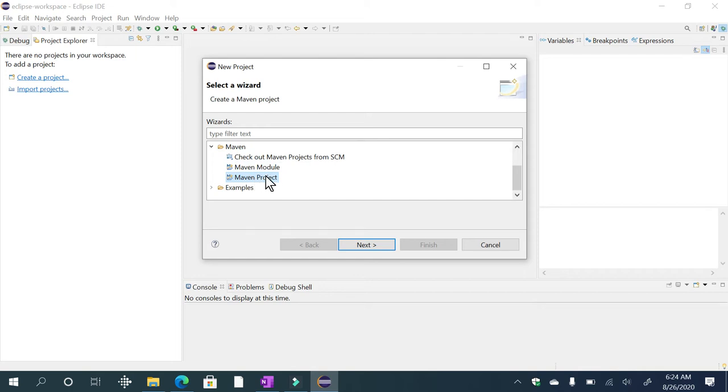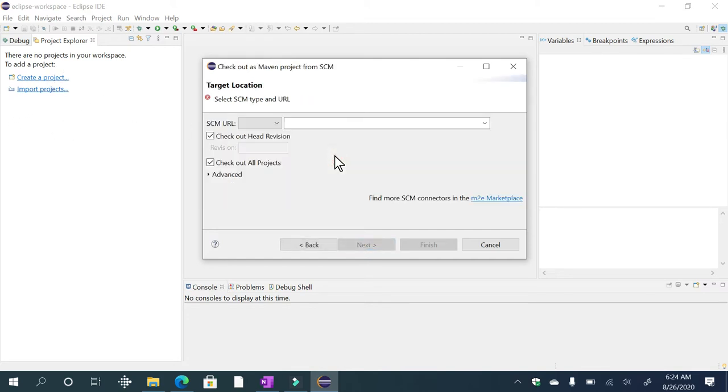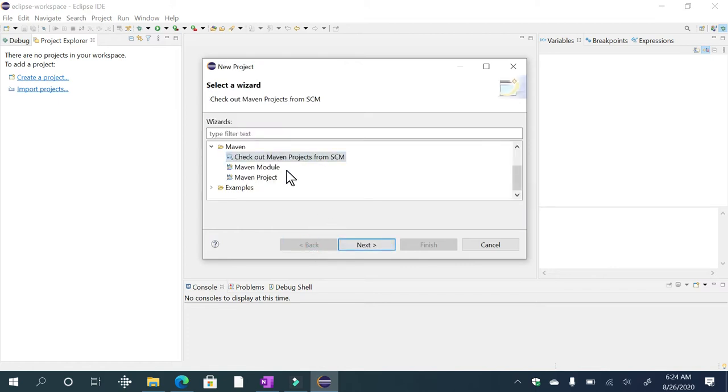this Maven project. And look at guys, if you see the first option, check out the Maven project from SCM. It means that if you are working in any organization and you want to get the already existing code to your workspace, then you need to use this. If you use this, it will ask for some URL. This is nothing but your company's source control, SVN or GitLab, whatever. From there, it will pull all the code to your local workspace. But as we are practicing, let's pick Maven project, click next,